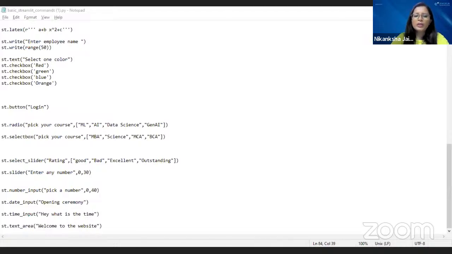The limit is not showing, but it will stop after some time. If you want to change the limit, that is also possible. Okay, after this one,